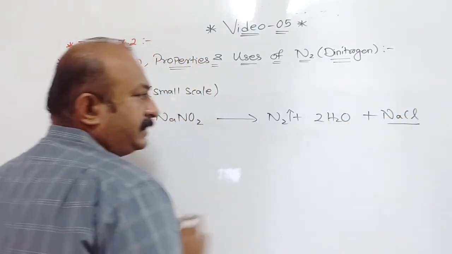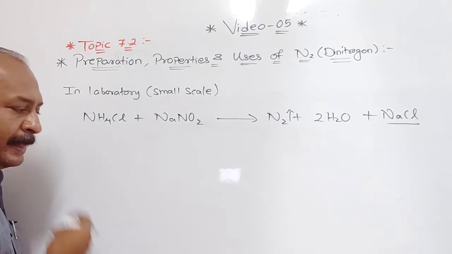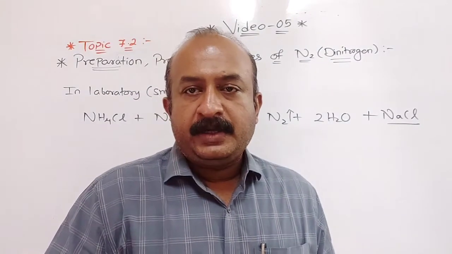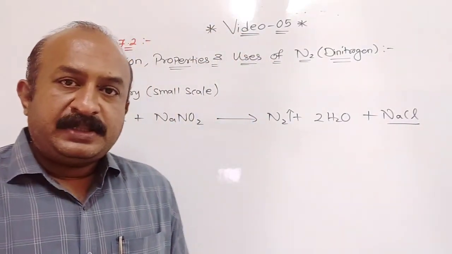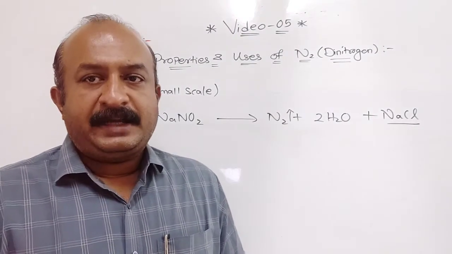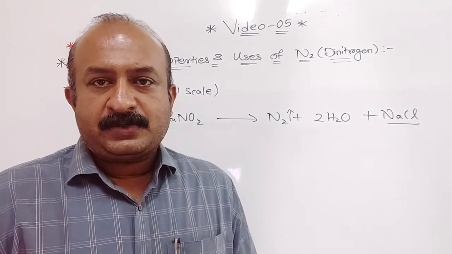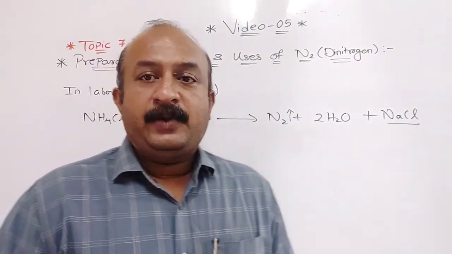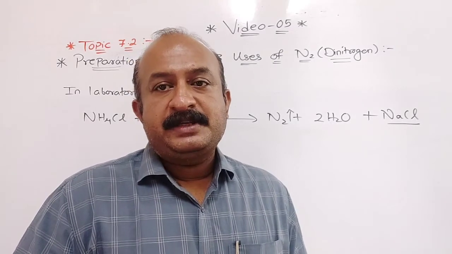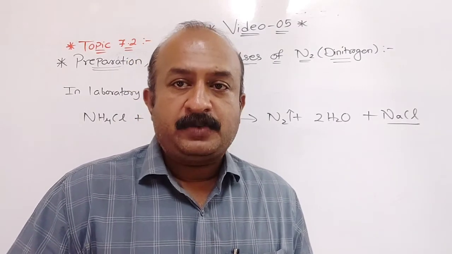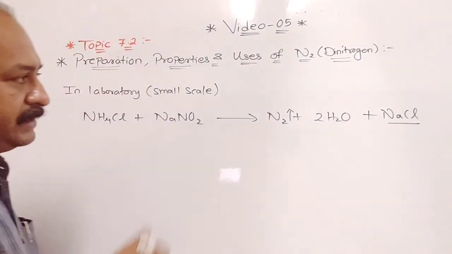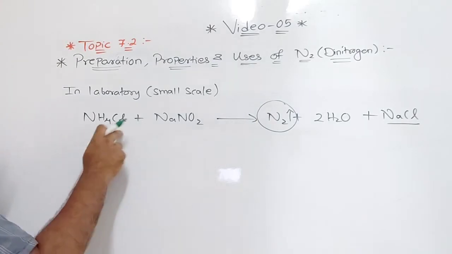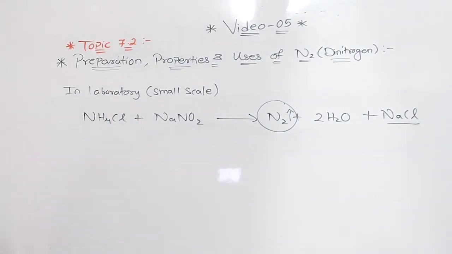This NaCl can also be processed and used. The salt we use at home, table salt, is sodium chloride. That is also a byproduct of Tata Chemicals, Tata salt, which is processed and iodized, and that is how it is sold in the markets as iodized salt. So here also you can see the byproduct is NaCl. The main product we want, N2, is obtained by treating NH4Cl with NaNO2.